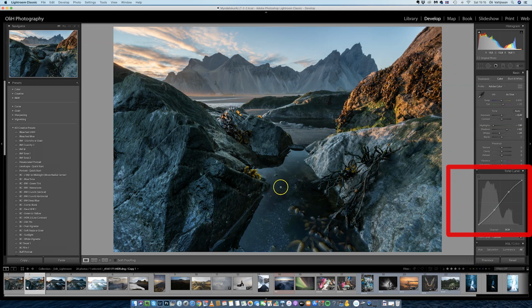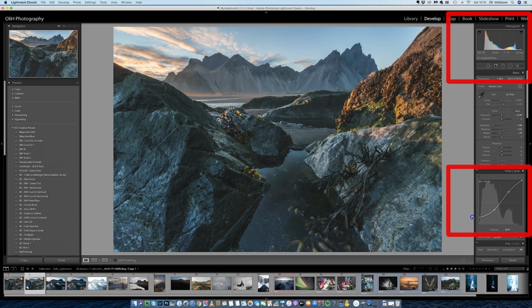So what do I mean by lifting the black point? This is the black point here in the lower left corner, and this is the white point in the upper right corner. So I lift the black point, and look at the histogram changing. It grays out, it washes out the blacks. This is the look I like. A little washed out black, still contrasty, but a little washed out,